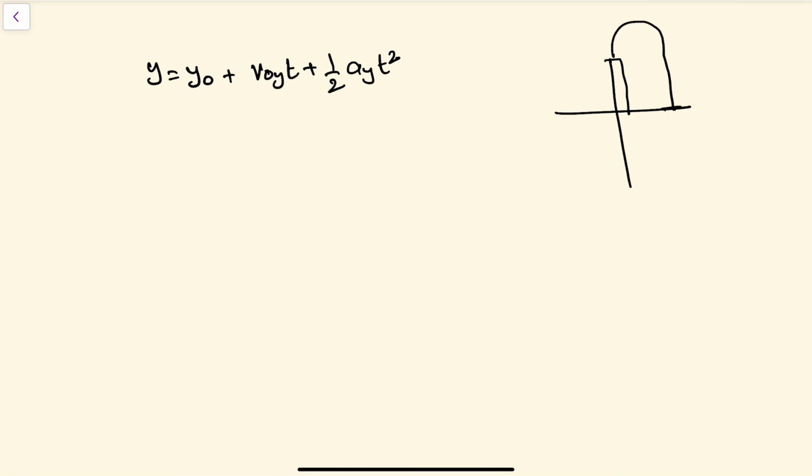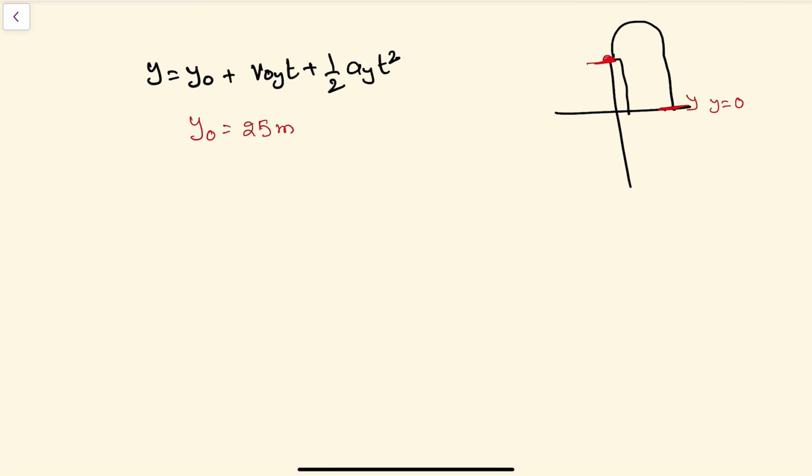What is that? y is equal to y naught plus v naught y into t plus half a y t square. So when you see this is a situation where the ball falls down here. When you choose this as the point here, then what is happening? When you choose this one, y naught is equal to 25 meters. When you choose this up to this one, what is y actually? This is y. So y is equal to 0.